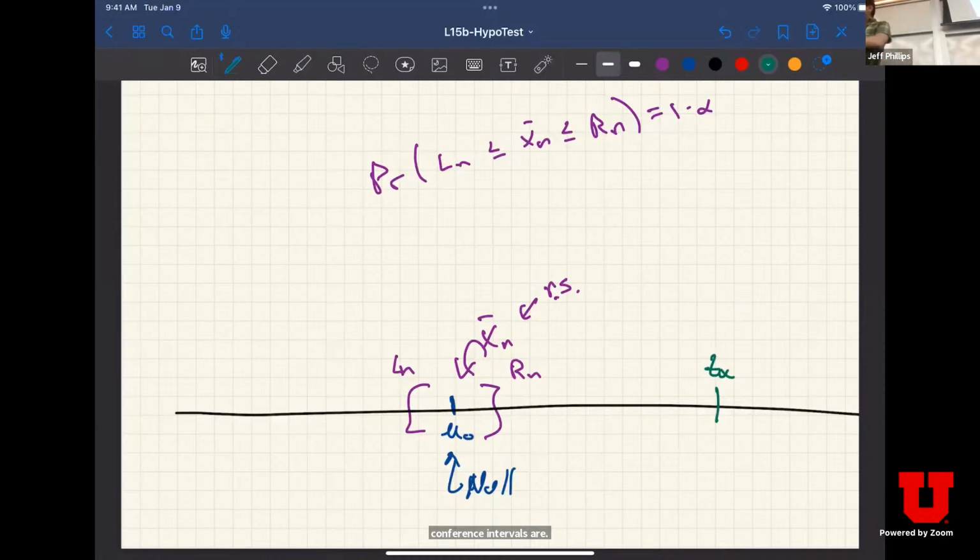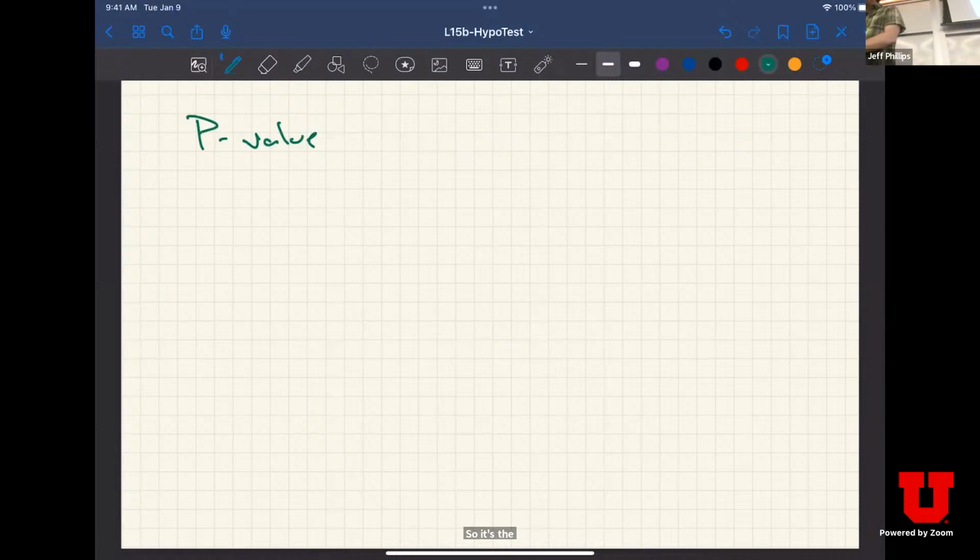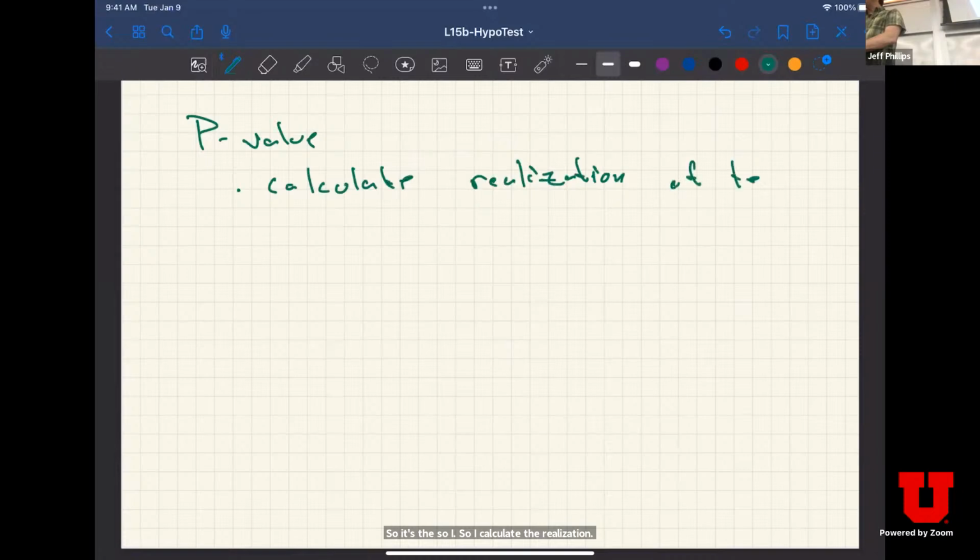Okay. Maybe I'll say what a p-value is, and we're definitely going to review this. So a p-value is something you sometimes compute. I calculate the realization of the test statistic,